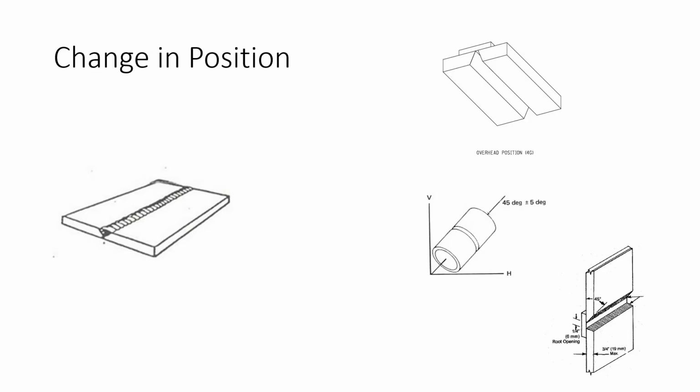Change in position for Section 9, for the most part, change in position. I qualify in flat. That WPS is able to be used in the 6G, the 2G, the 4G, whatever. The flat, horizontal, overhead, that 6G pipe, we can use it in all of them. The weld metal doesn't care which position it's being deposited into the weld joint. It just knows it's going in there. So change in position. Now, when we get to people qualifications, that's a whole different story,